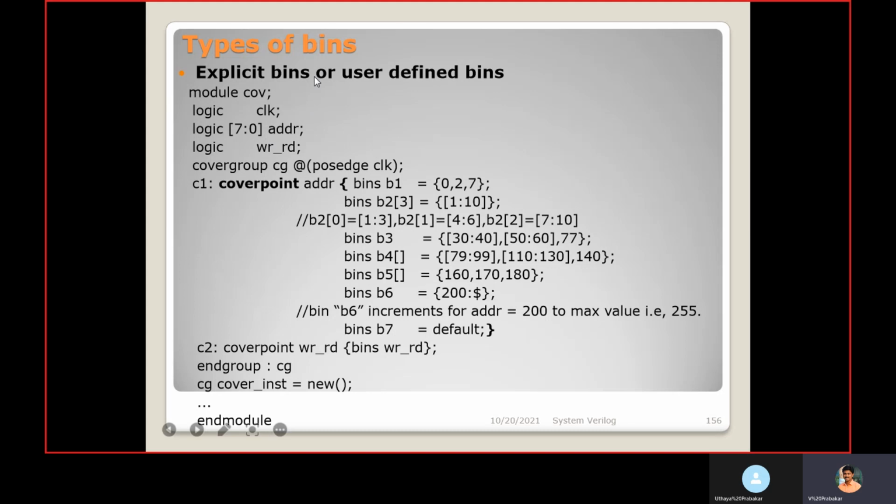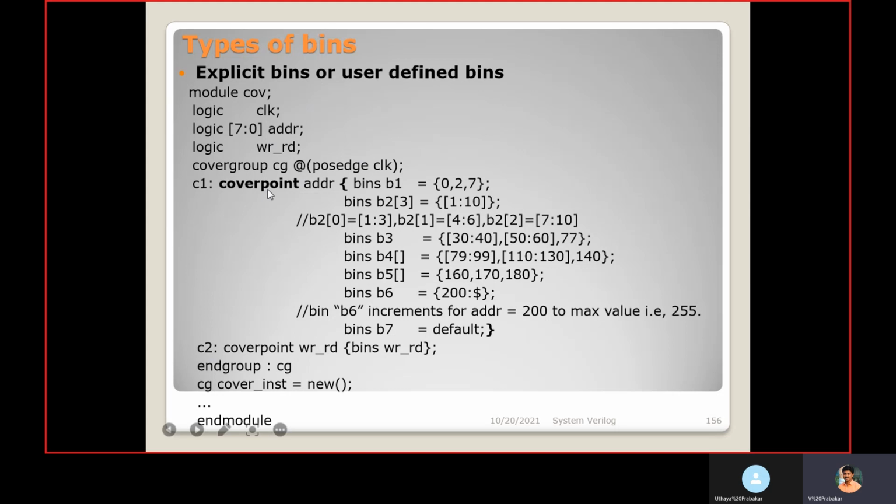Then explicit bins or user defined bins. Here we are explicitly defining the values for the corresponding bins. In the module, inside that these signals, we define the cover group name at the passage of clock, we are going to sample.